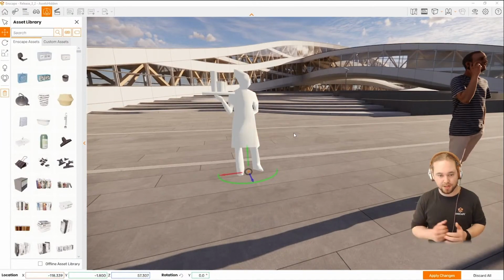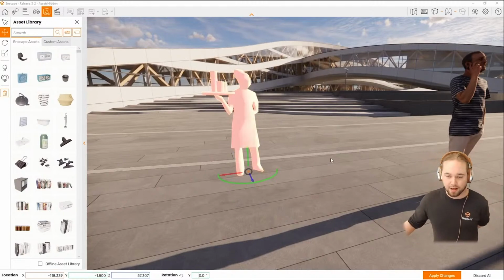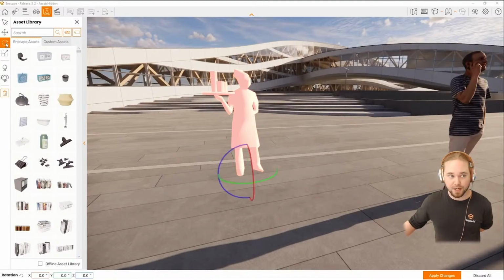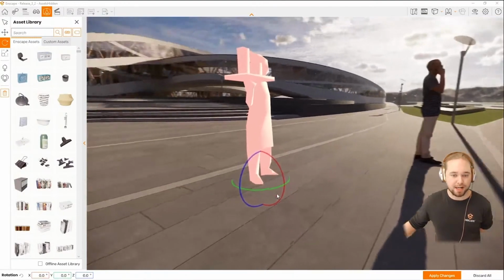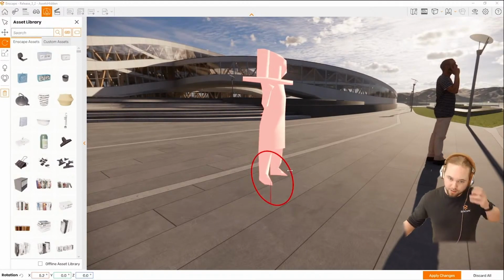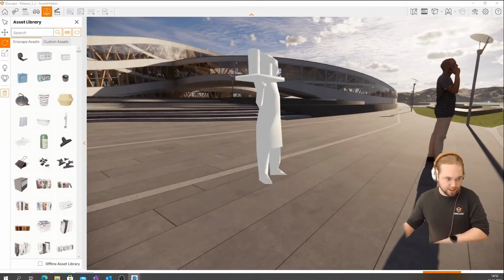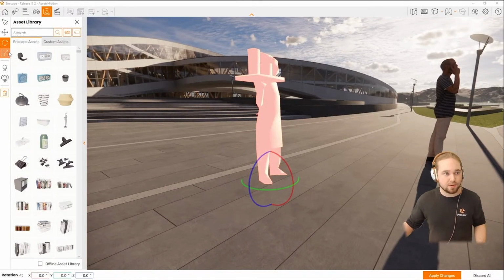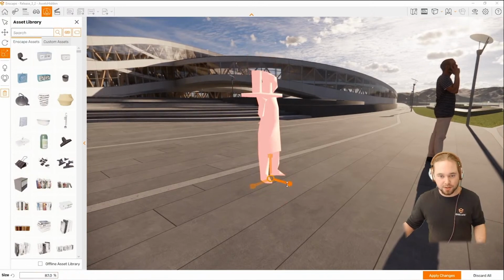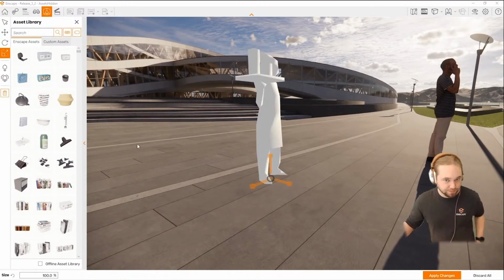So to return to our initial rotation, I'm just going to enter 0, and we are good. Once again, rotation tool, same thing. You get 3 axes, you get these input fields down here that you can use, and you can rotate it around any of these colored axes here. Let's go back to 0 again. And lastly, we have the translate tool that also allows you to scale any of the assets. And let's return to 100% down here.